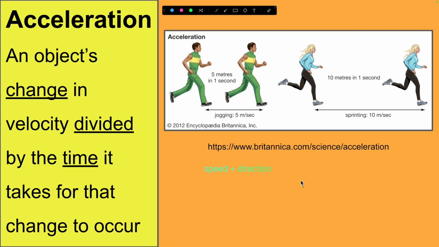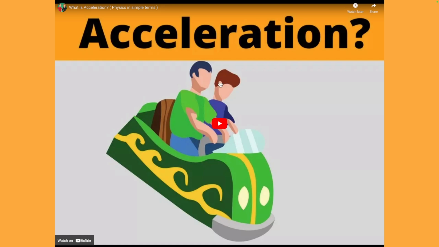You can change both of them. A person could speed up and go right, or a car could slow down and turn left or go west, whatever. But you need at least one change in speed or direction to have a change in velocity. So you consider that change, that's the first part in velocity, and then you divide it by how much time it takes for this to happen. And that is something that we're going to explore in greater detail tomorrow when we pick up this video.